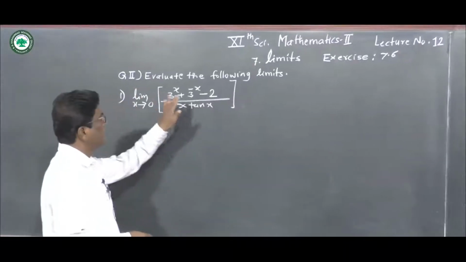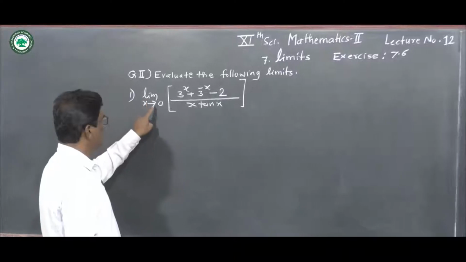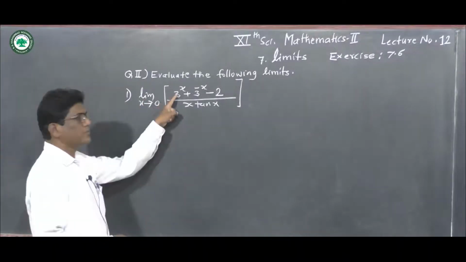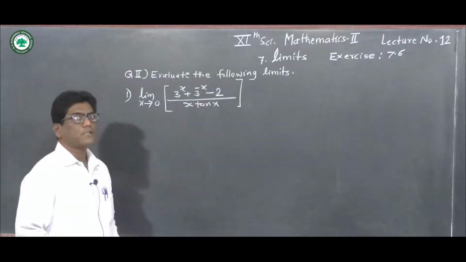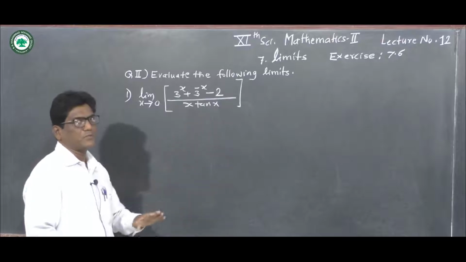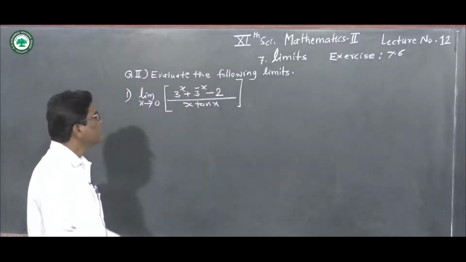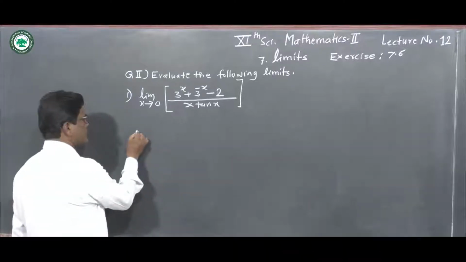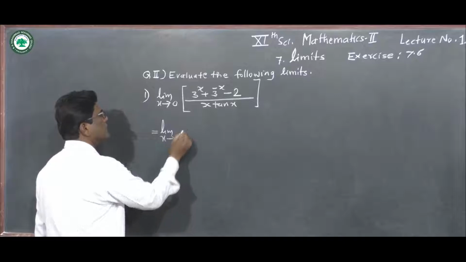Question number 2, evaluate the following limits, and the first problem is limit x tends to 0, 3 to the power x plus 3 to the power minus x minus 2 upon x tan x. Now if we put here x as 0, the denominator becomes 0, so we have to solve this problem by using some method. So the solution of this is equal to limit as x tends to 0, this 3 to the power x as it is,